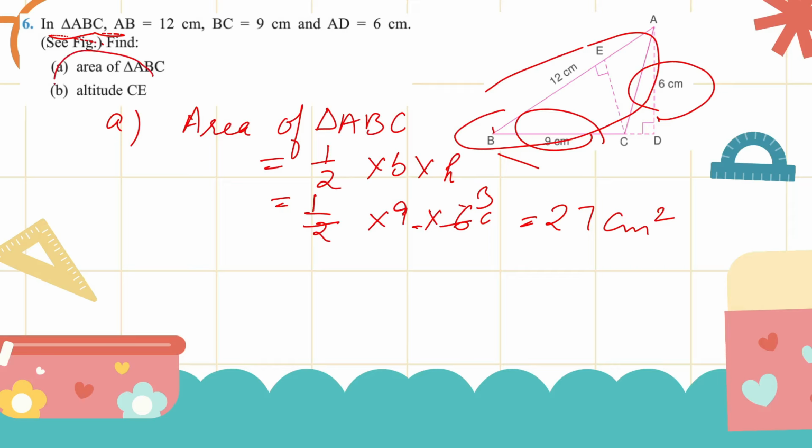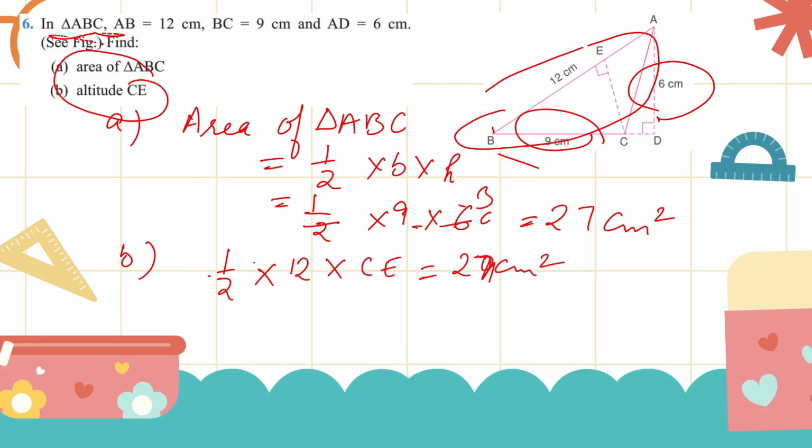What do we need to find in the second part? Altitude CE. Now altitude CE is the height according to the base AB. Now the triangle will be the same, it means the area will be the same. So in part B we need to find the altitude. We will use the same formula, but with the base 12 and height CE, and the answer will be the same, 27 centimeter square. So we will cut here and 6 and CE